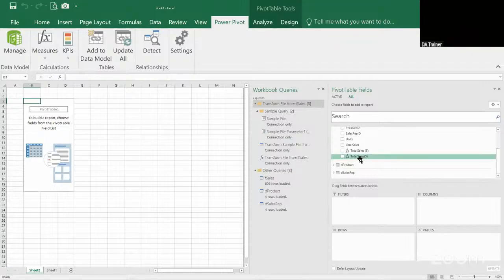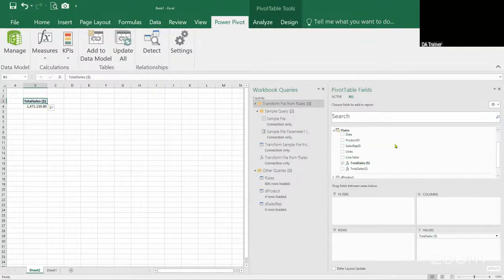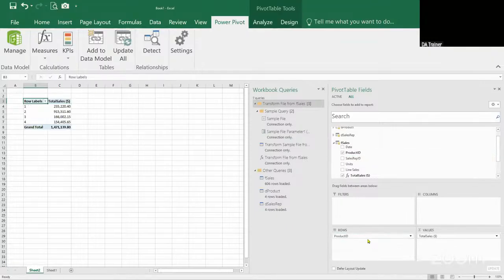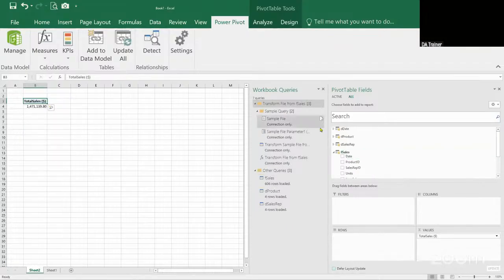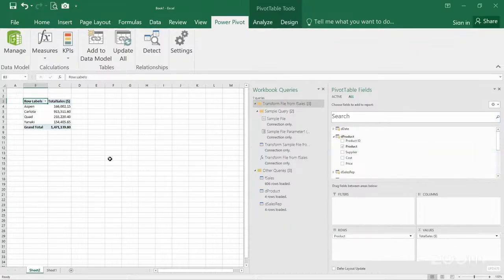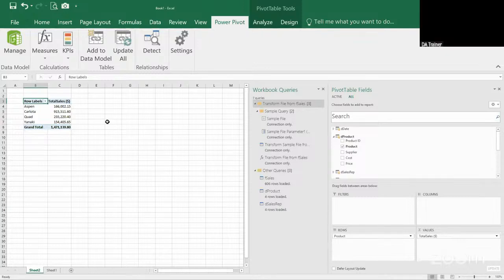All right. So very simple. What we'll do now is just to pick up the total sales into values, and then perhaps you can now look for maybe product ID into rows. Okay, no, let's look for something tangible. This one I know that you know how to do very well. Let's put product into rows. So from here we can now pivot our pivot table, just as we have been doing it